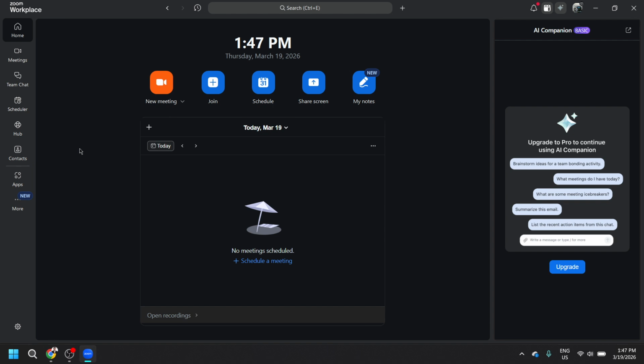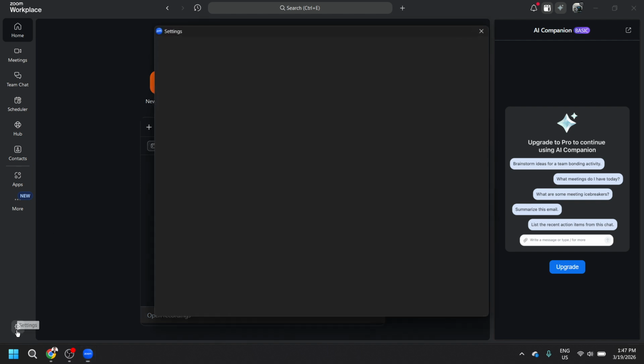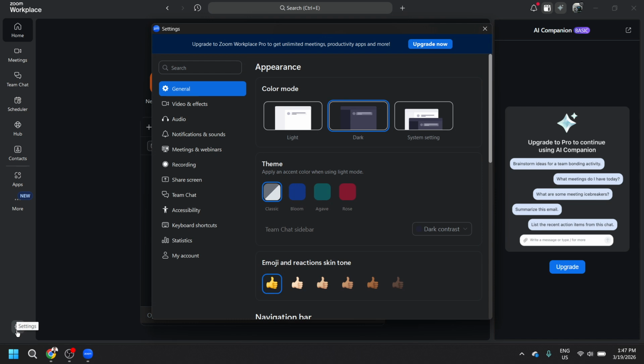Start from your Zoom home screen. Look to the lower left corner and click Settings. Depending on your version, this may appear as a gear icon labeled Settings. If your Zoom window is narrow, you might need to widen it slightly to see all options clearly, but the Settings button will always be available from the home view. This is where Zoom keeps your account preferences and will make a quick change that applies to how you join